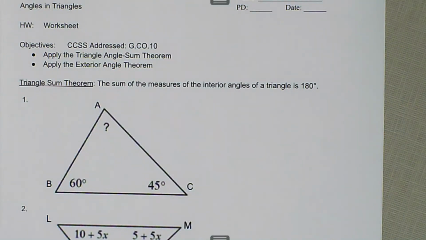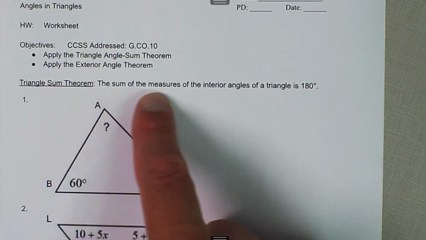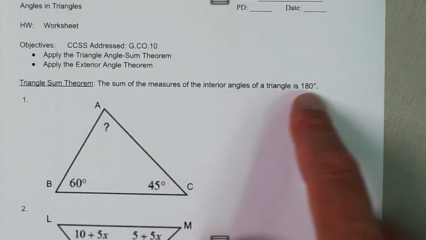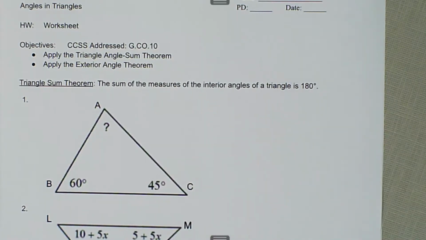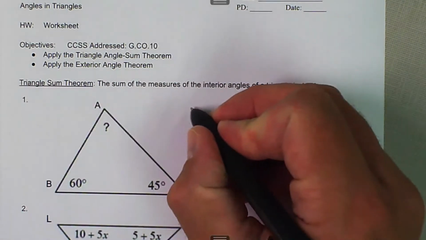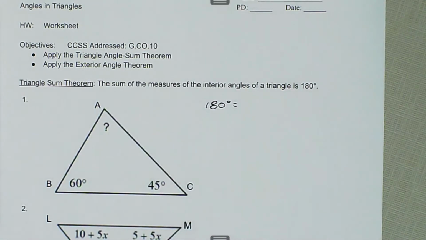We were talking about angles in triangles, and we want to be able to apply the Triangle Sum Theorem and apply the exterior angle theorem. So the Triangle Sum Theorem says the sum of the measure of the interior angles of a triangle is equal to 180 degrees. So if we're looking at this example here for number 1,